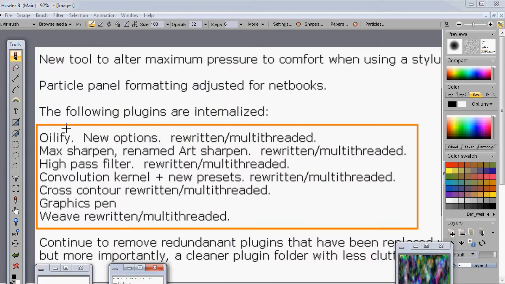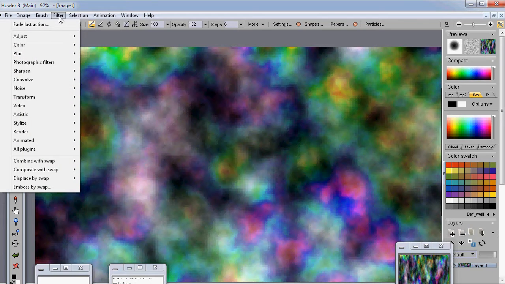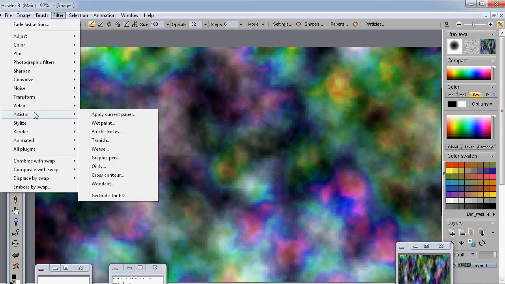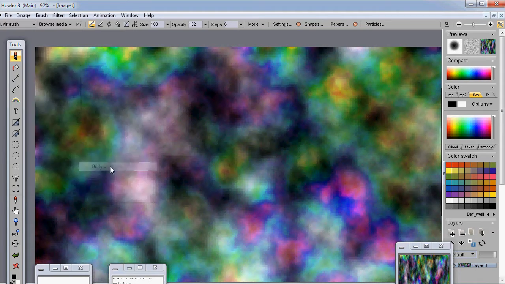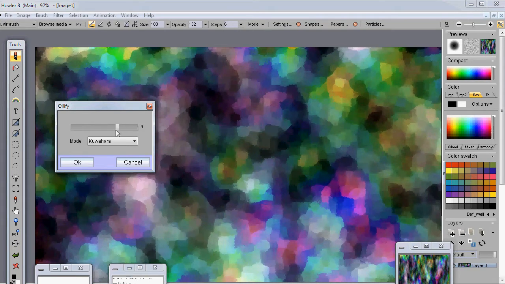Alright, so what is it? We were looking at oilify. Alright, let's start with this image and do some oilify. Under the filter menu, there'll be plenty of time to explore others, but let's go to the artistic category here and look for oilify, and there it is. Alright, and so what oilify immediately does, as you can see, it looks like it has fewer colors. It sort of bands it, and you can adjust the level here,